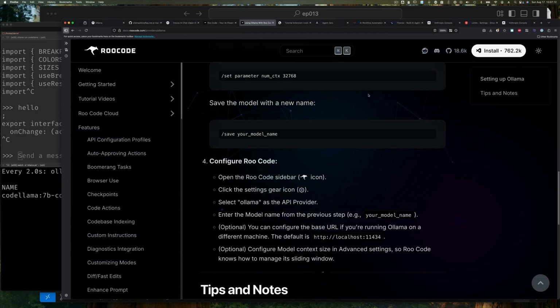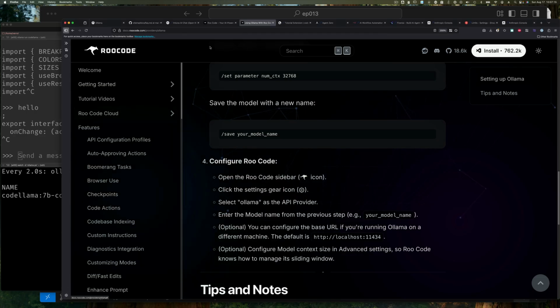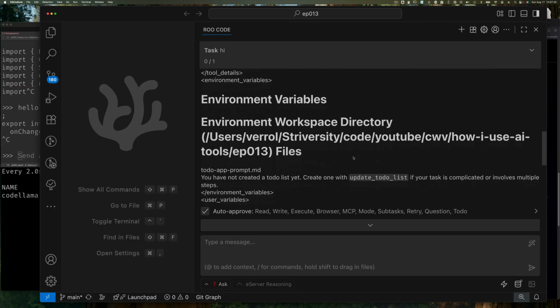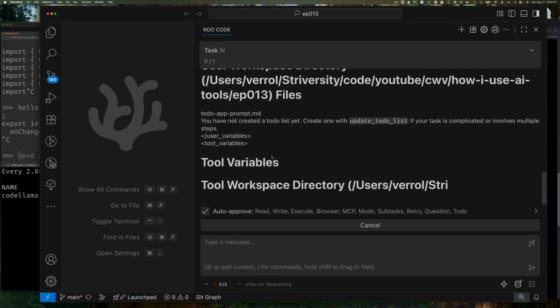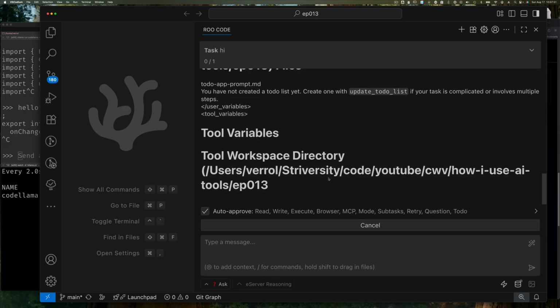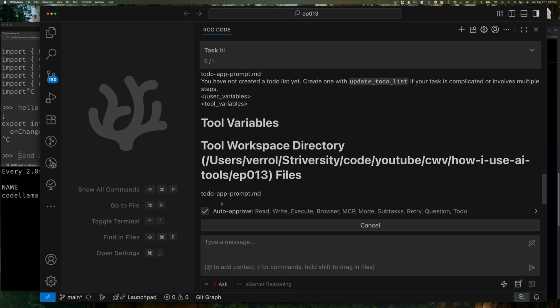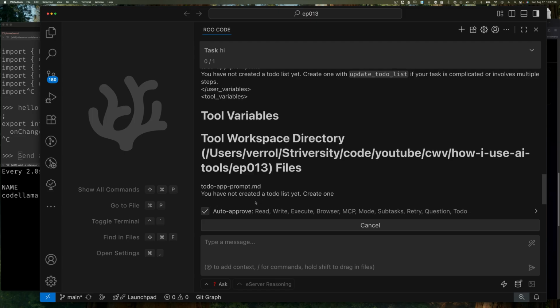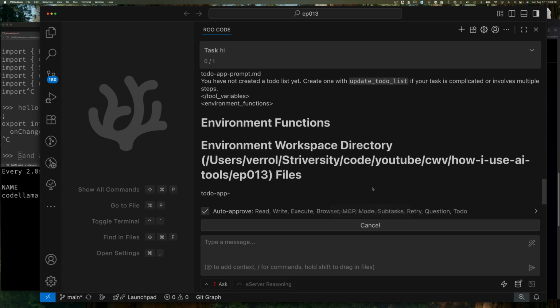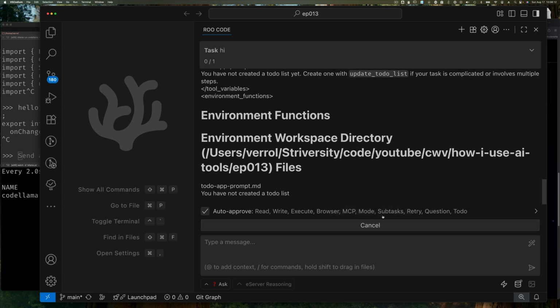But that is not all. If we go back here and look, you can see it seems to be a little bit confused. Yeah, tools workshop, tools variable. It's trying to use that model and it is responding, but repeating and doing the exact same thing over and over. So not good. Let's cancel this,